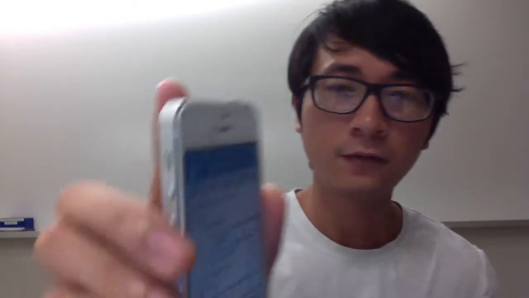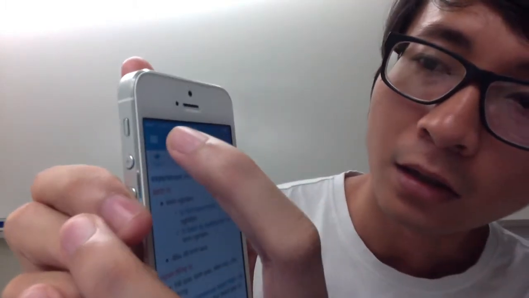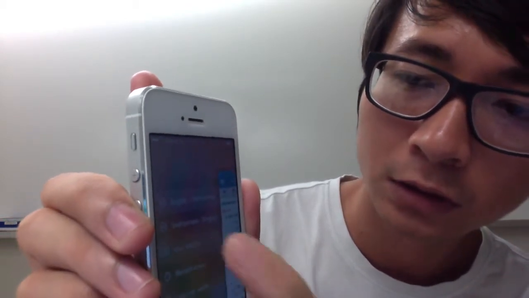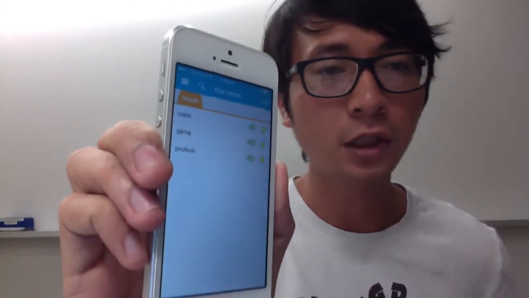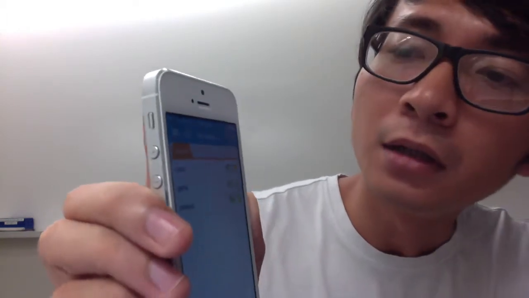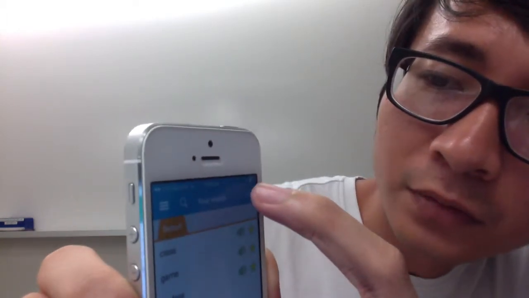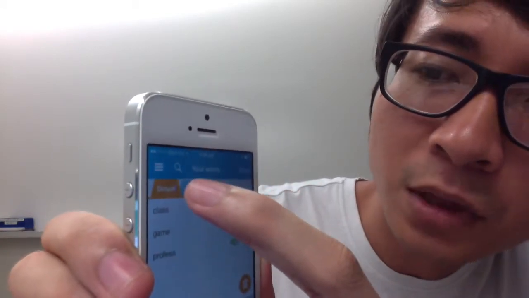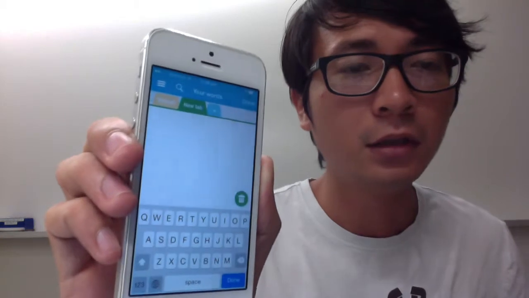The second feature is the ability to group favorite words. So from here I go to menu and then I go to your works, and as you can see here, currently we have only one group, and now I want to create one more group. I click on the edit button and then I click on the plus button, and here you can see